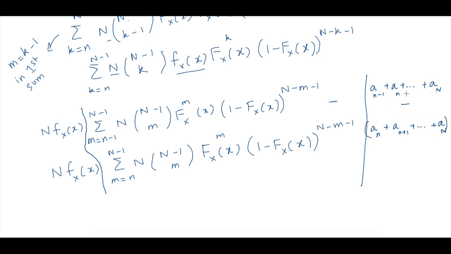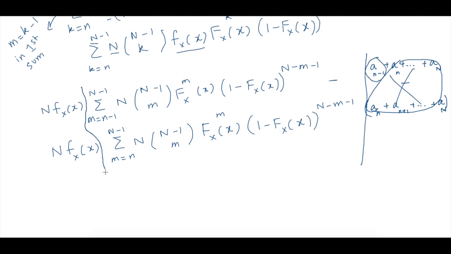Now if you subtract this summation from this summation, you can easily see that everything cancels out, and I'm only left with the (n minus 1)th term. So all I have to do is say this is equal to n f of x,